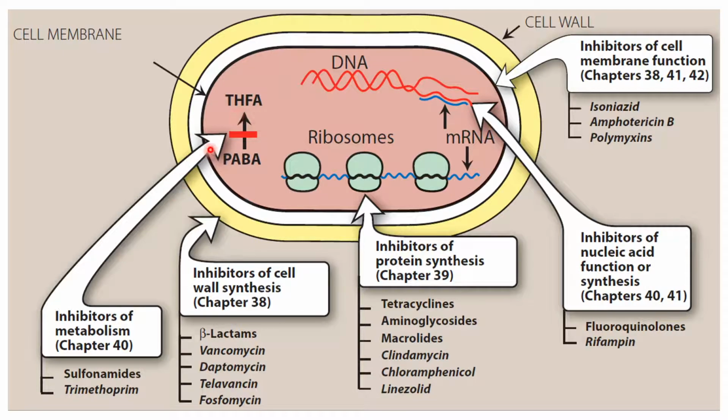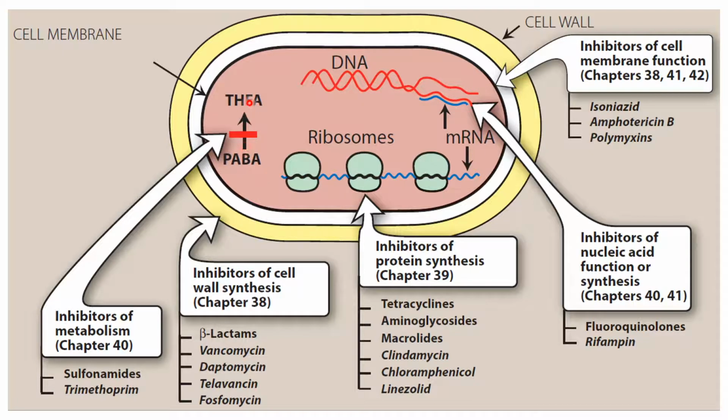Folic acid inhibitors will inhibit the synthesis of tetrahydrofolic acid from para-aminobenzoic acid. So PABA, para-aminobenzoic acid, is used to